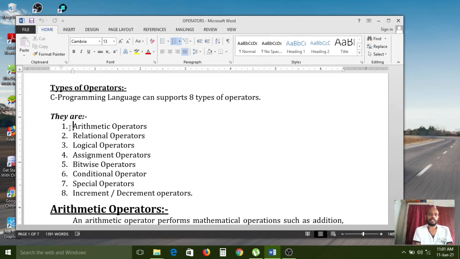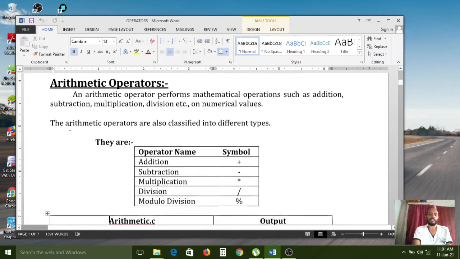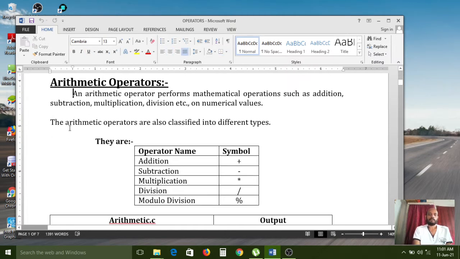Now we have to see the arithmetic operators.